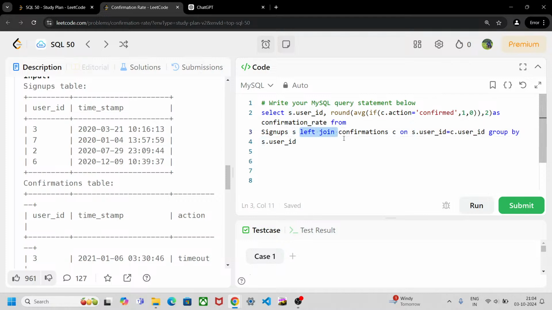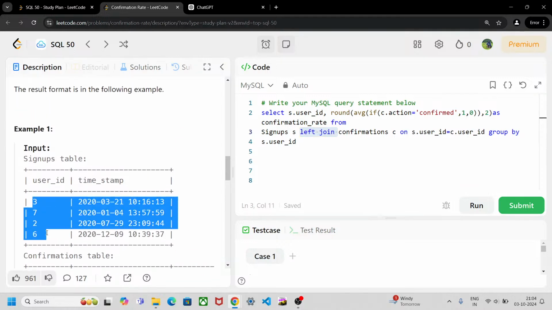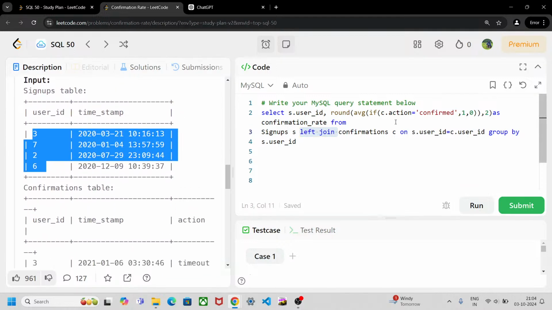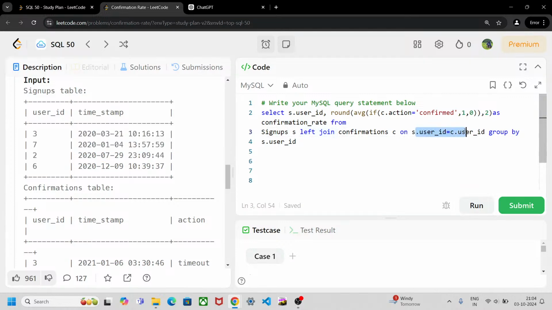After that, we are joining the signups table on confirmations using left join, so that every user id should be there. That is the reason. On confirmations, where c dot user id is equal to s dot user id, and we are grouping it by user id. So if I run this,